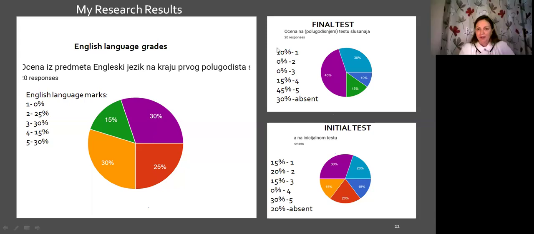And the sample was 20 students, and many of them were absent, so I should have excluded some answers. Now I know that for the next research. So I got really good results and I can be satisfied with them because they confirmed my internal feeling that I'm doing something right by practicing listening activities and listening skills and involving strategies.